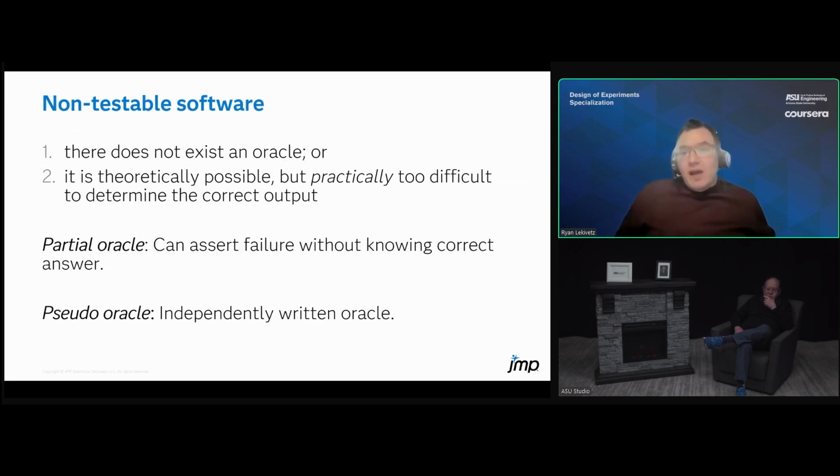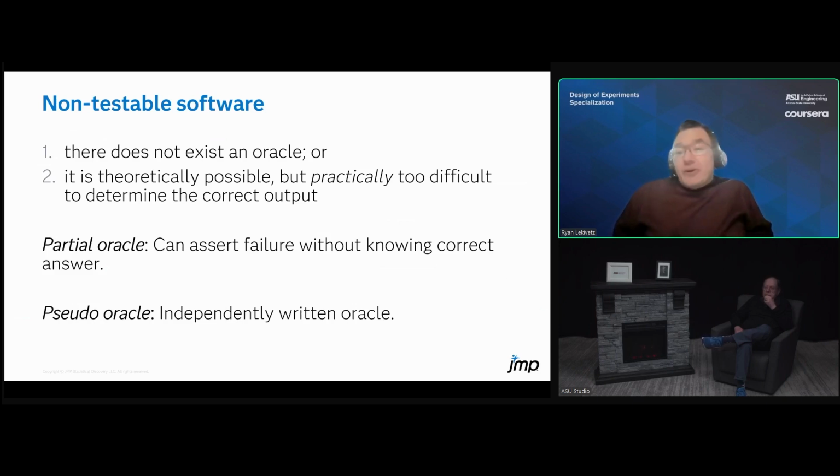And I'll also say, unfortunately, for a lot of what we're dealing with with statistical software, especially as people have gotten more used to using things like machine learning algorithms, it falls under this class of what we would call non-testable software. So there's really no oracle. I don't know what the correct answer is, or maybe it's theoretically possible, but practically too difficult to determine the correct output. Right? And so often what we have to rely on is something called a partial oracle, which is,